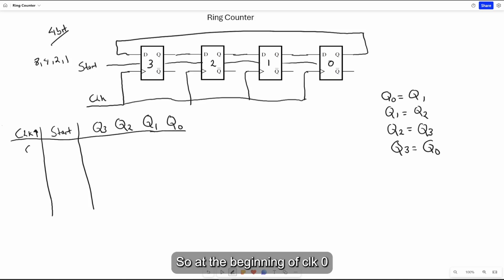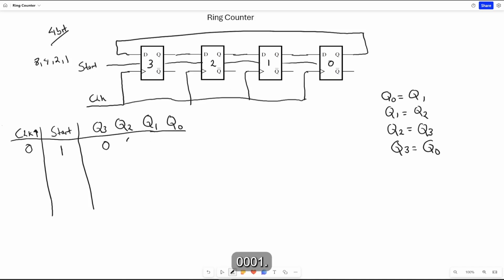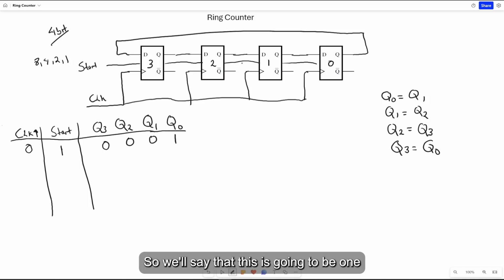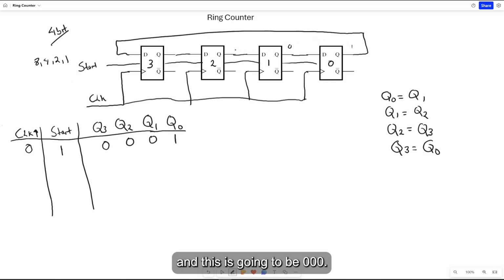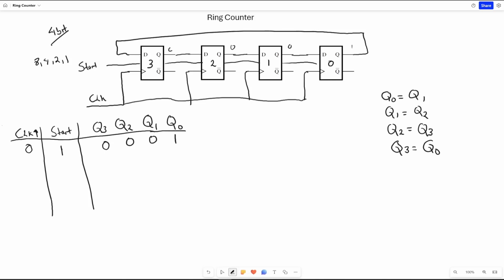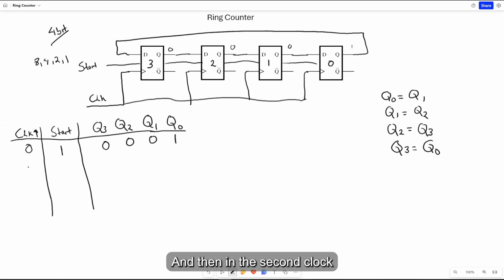So at the beginning, at clock 0, we want to set our start to be high, 1. So we'll initialize the flip-flops to 0, 0, 0, 1. And then in the second clock,